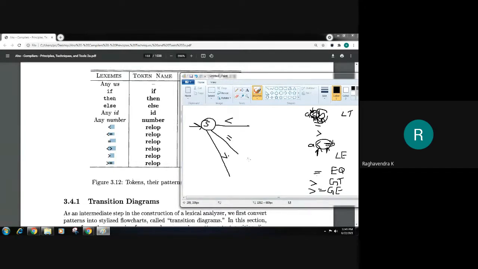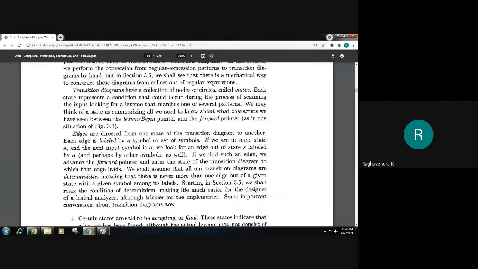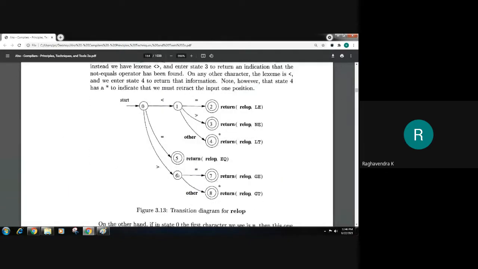So this is how our transition diagram would start. If it is less than, then we might return it, so we'll consider this as the accepting state. Similarly, if I come across this, I'll consider this an accepting state, and this too. What cases are left out? Less than or equal to and greater than or equal to. All those have been embedded into this transition diagram. It's not the exact way I had written it, but just check it out.